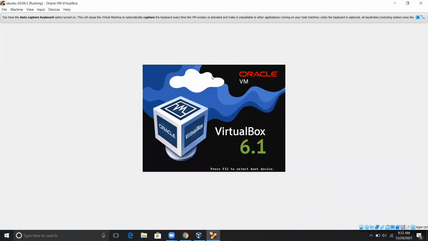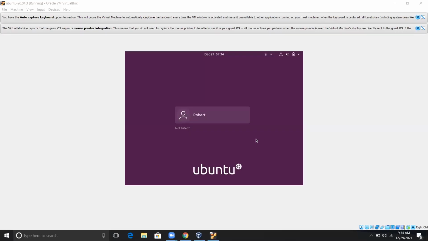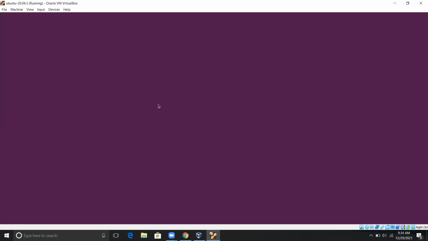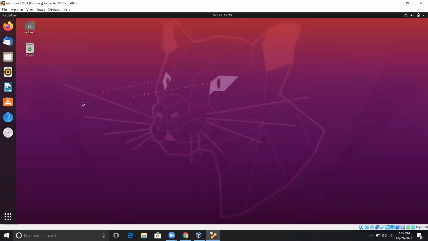It might take some time to log in. Okay, now it is showing me I'm logging in, so I have to put the password again. It will take me to Ubuntu, and this time, hopefully, we will be able to see and access the shared